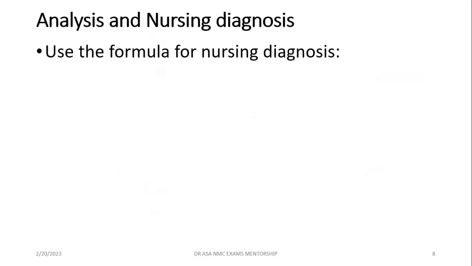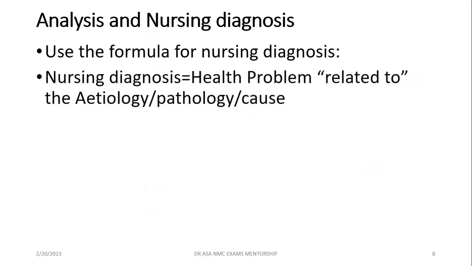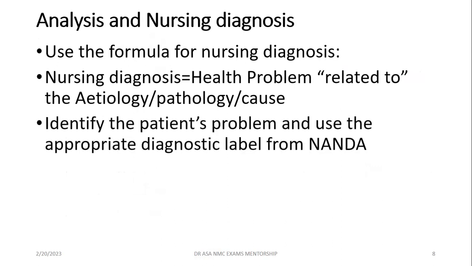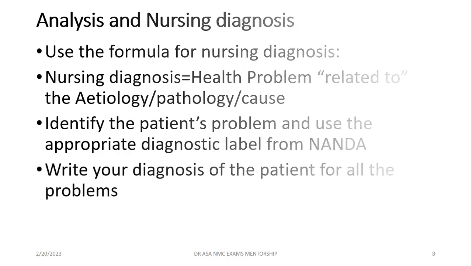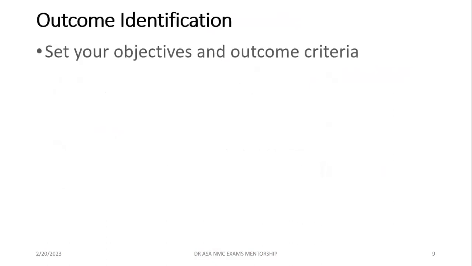You should be able to formulate nursing diagnosis. Here we are talking about your ability to look at the patient's actual problem or risk problem and relate that to the etiology, the pathology, or the cause of the problem. And indeed, it's important that you remember that when you identify a problem with a patient, you need to continue to use NANDA to look for the appropriate diagnostic level to draw the diagnosis. Then you write down your diagnosis, and then you can move to the outcome identification, where you should set your